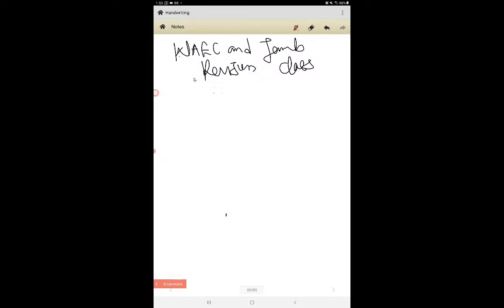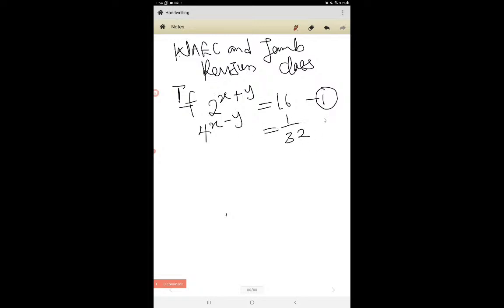So our first question today, which we want to discuss more about, is revision of indices. For example, we have a question like this. Question 1. We have another question, the second equation for it. So this type of question comes up. If we are to solve this,